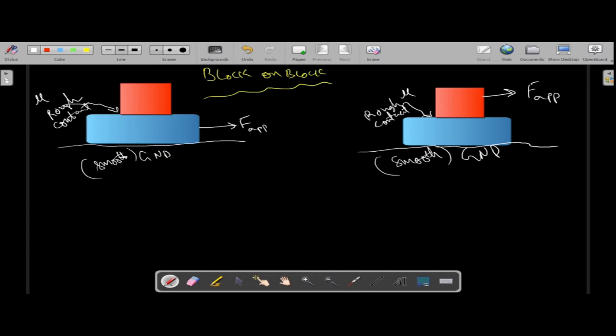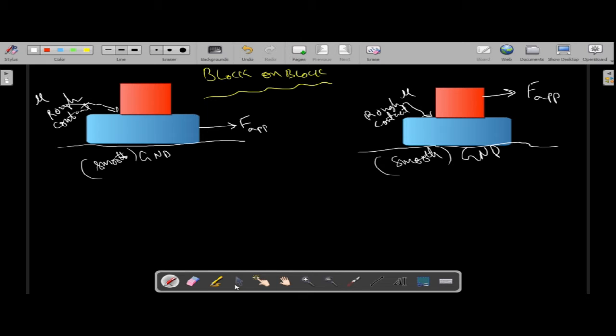Some of you are continuously asking for the block on block model problem. So let me try to give you a small brief synopsis for the block on block model problems. First of all, let us try to analyze the concept of the block on block model problem by the situation in